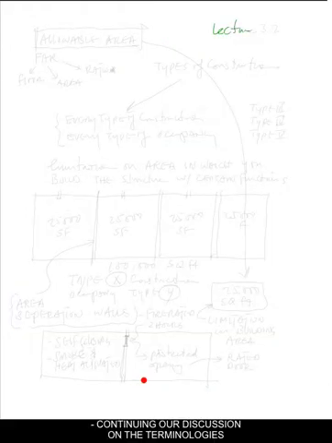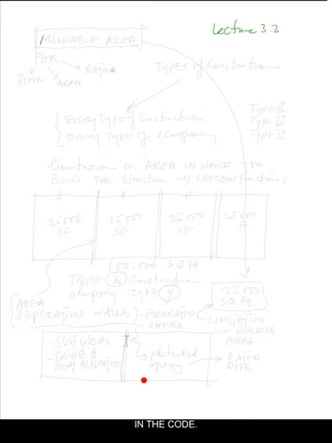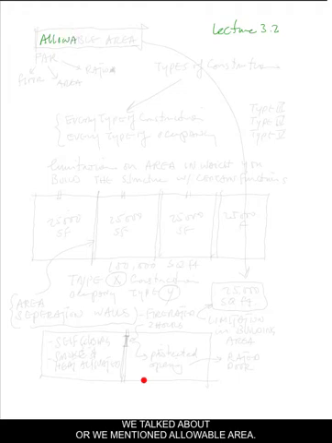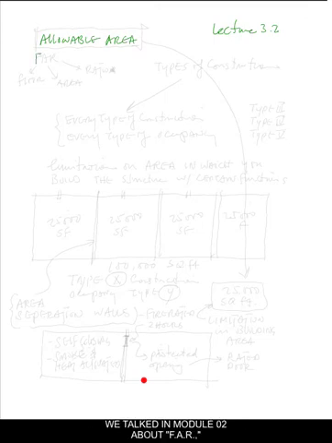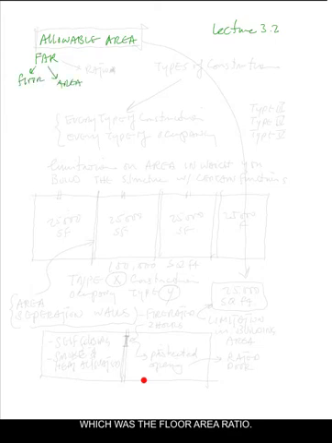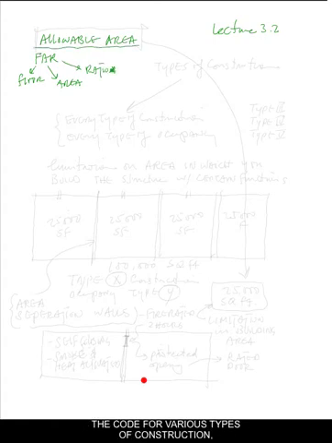Continuing our discussion on the terminologies in the code, we mentioned allowable area. We talked in Module 1.2 about FAR, which was the floor area ratio. The code for